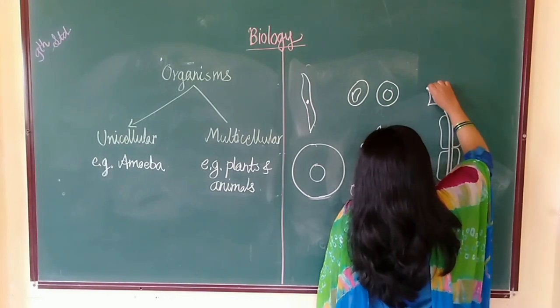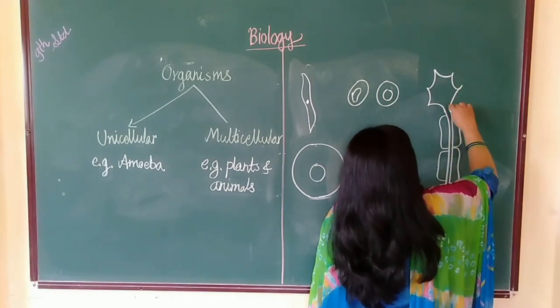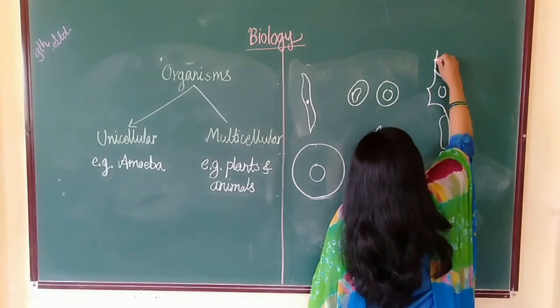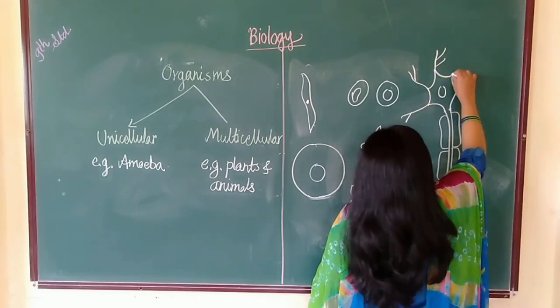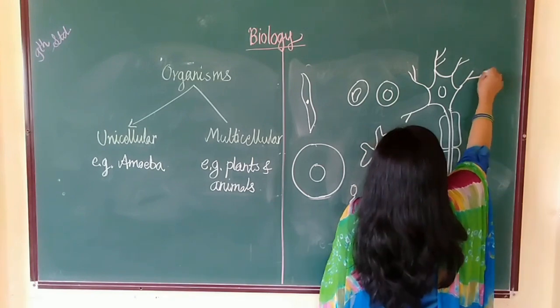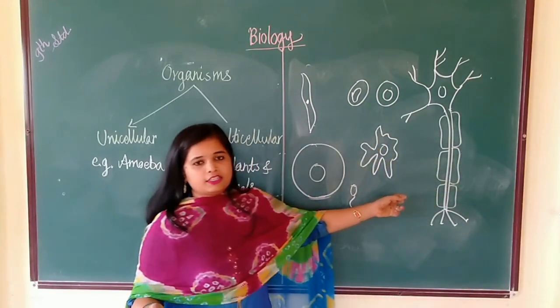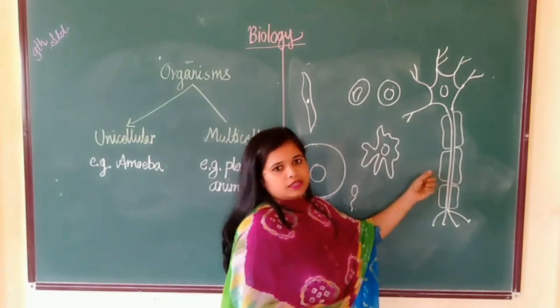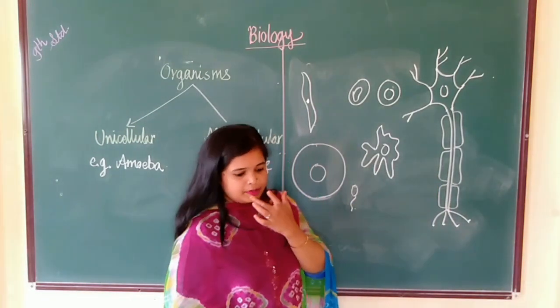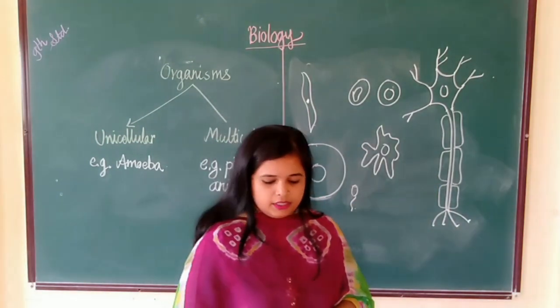So why does this variety arise? According to their function in the body. They show different shapes and structures according to their functions. Now these nerve cells have to transmit messages over long distances. So these nerve cells are longer. Some nerve cells may be more than 1 meter long.